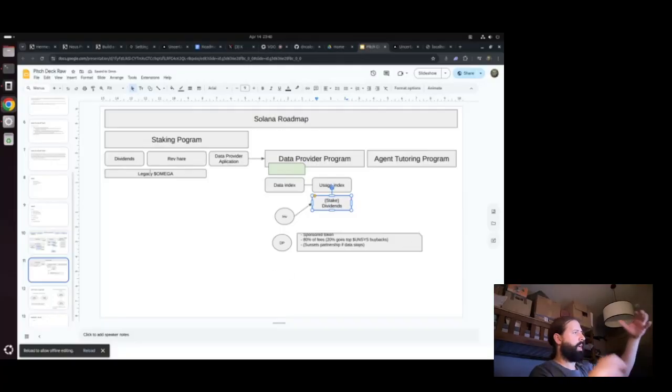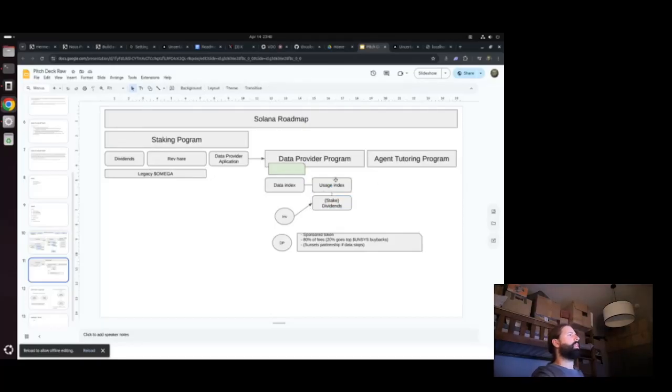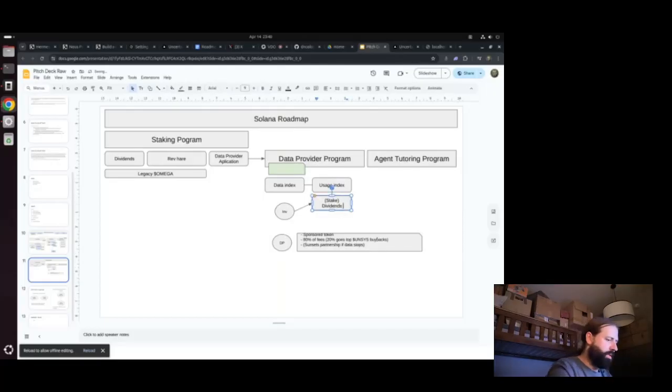Pretty much we're going to create a virtual share system, and so dividends of whatever revenue the data that this data provider is creating, you are going to get, right? So that's why it's worth investing in these data provider tokens, because it gives you the possibility to actually stake and get dividends. There's probably going to be also 3 tiers,